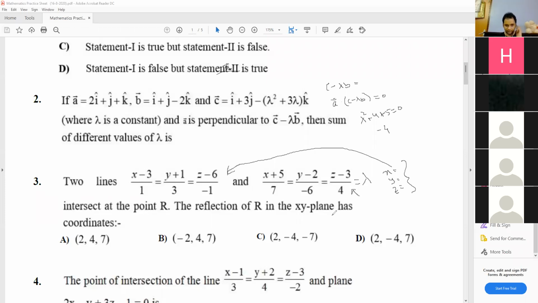And now, how do we find the image of any point in the xy plane? Change the coordinate of z. Only z will remain constant. Others will change sign. If we have a point x, y, z, so what would be its image after reflection in the xy plane? X, Y, minus Z. Okay, so that would be the last step that you have to do. Just change the sign of the z coordinate. Right?